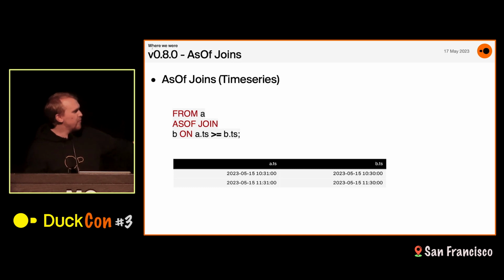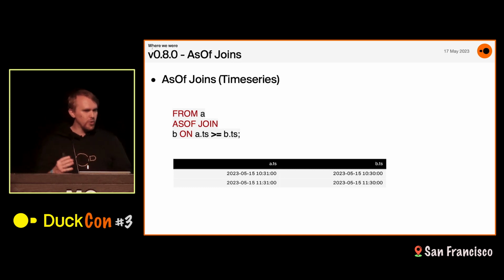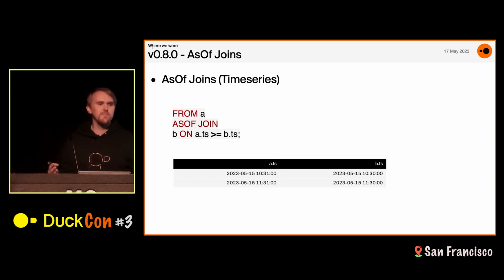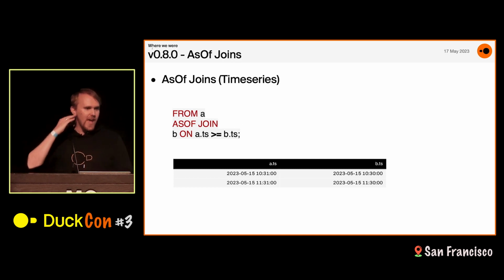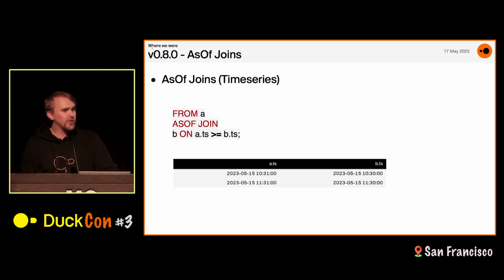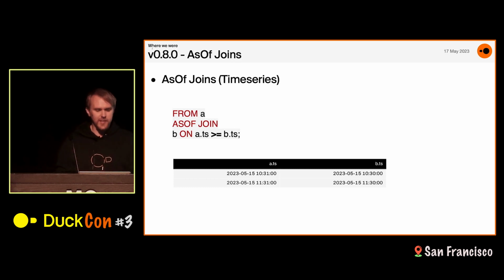Like, for example, in this example that I have here, you have 1031 on the left, and on the right, you have 1030, right? So they're close, but not entirely overlapping. You often end up wanting to join on the closest match. That's what this join allows you to do very efficiently: it allows you to find the row in the right table that's right below the row in the left table. That is very useful if you are joining large time series data sets or sensor data or things like that that are marked by time.